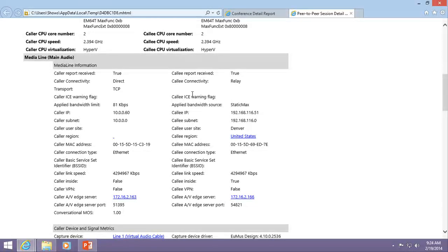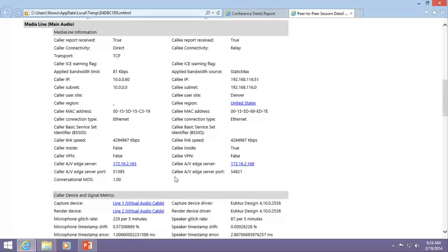So I mean, there's all kinds of information in here. I can see the IP that the caller was on. I can see the IP that the callee was on. I can also see the edge server IP that was in use. And one thing that's really handy here is I can also see the port that got negotiated with the edge